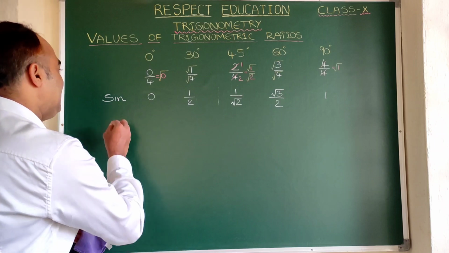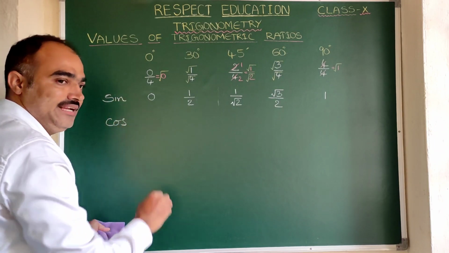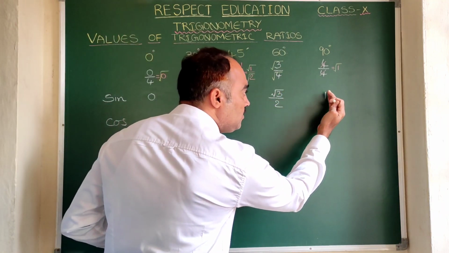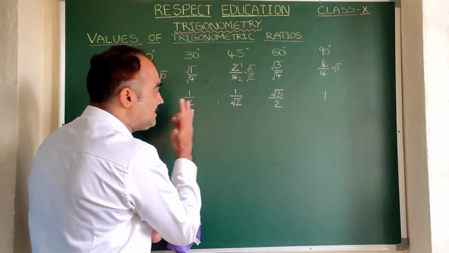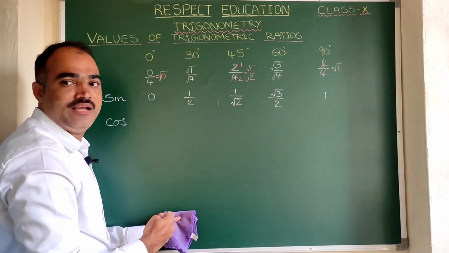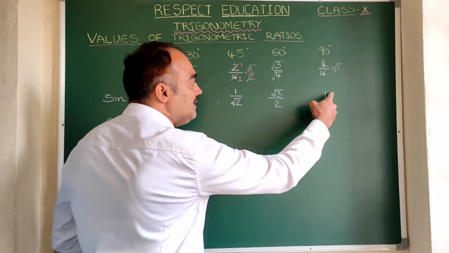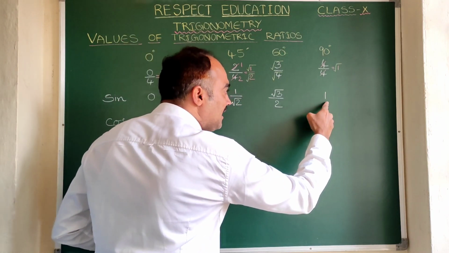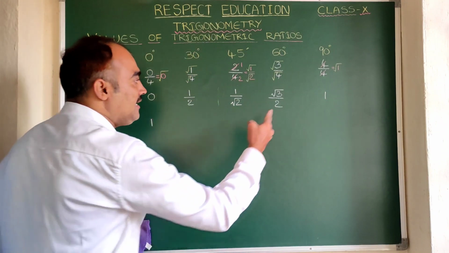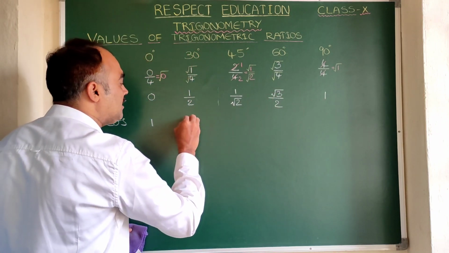Now let us write cos theta, cos values. It's very easy. Let us write these values from here. This is left side, this is right side. From right side to left side, and left side values to be written as right side. That means here, this ending value which is there, 1, will come as the starting value here. Clear? Here, second position, what is there? Root 3 by 2 will come here, second position.